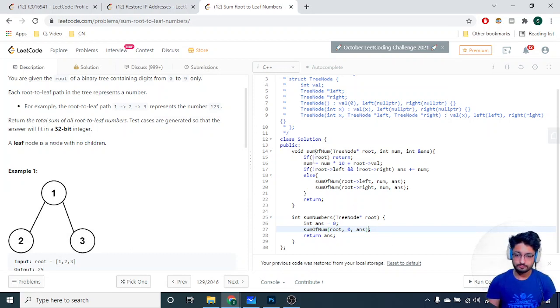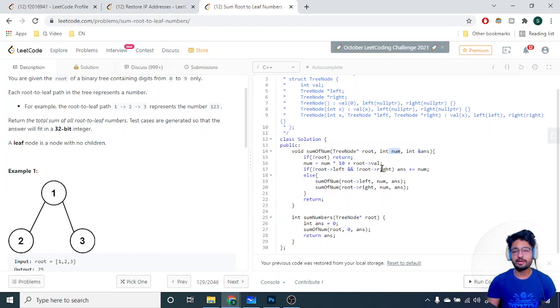Now when this function is called, if you have gone out of bounds, meaning no node exists, you just return at that point. Then whatever number you have till now, nums, you multiply it by 10 and add the new number. So if you have 4 and you append 5, it is 4 times 10 plus 5, so 45. Whatever you do, you multiply the current number by 10 and just add the new digit, because everything is a digit in this whole tree.